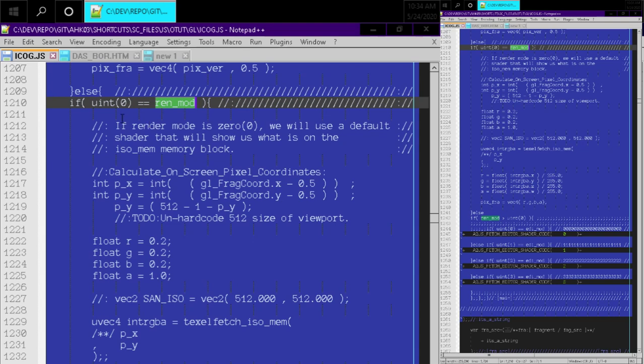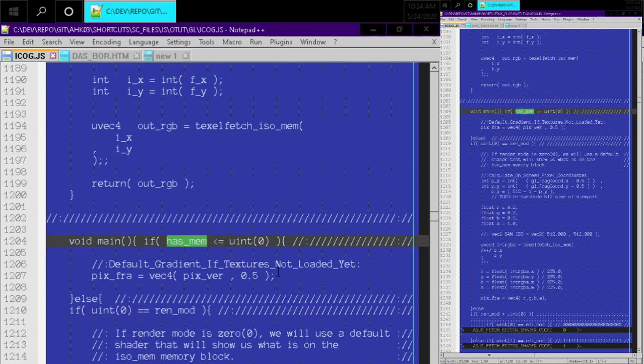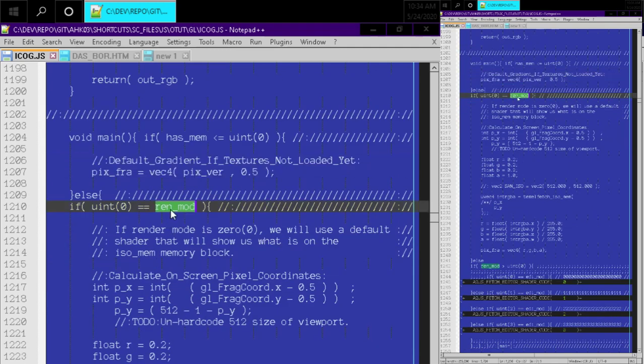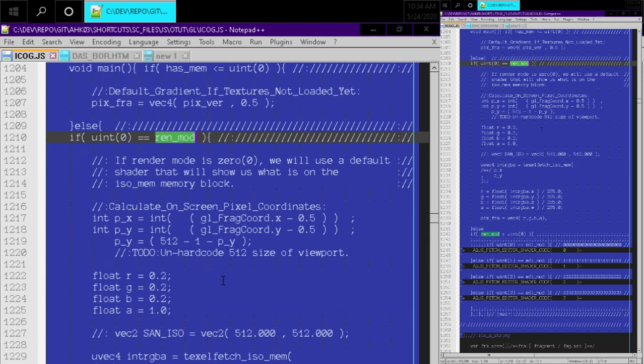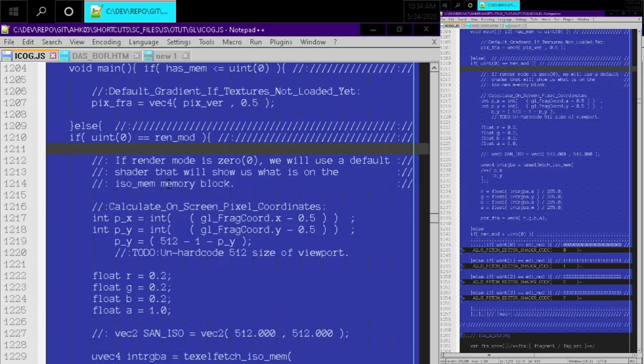So I'm like, nope. We're going to go with the same similar pattern here: if there's no memory, use a default shader, and if no render mode has been set, then use this default shader for the render mode. And if a render mode has been set, well, that just means that we delegate to the editor mode. So that's kind of weird, I guess. But yeah, I think originally I wanted the render mode to have different types of overrides. But for right now,